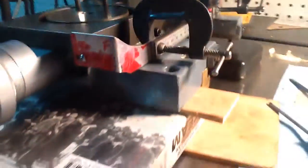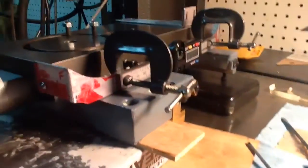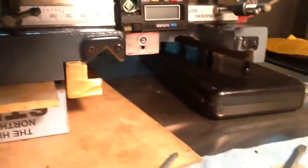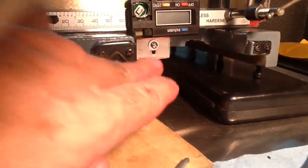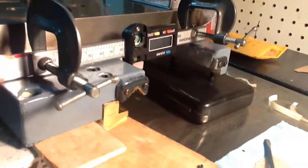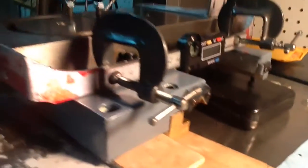The ones that are a little trickier, I went ahead and mocked up. I had to change my design. It's a good thing I had that paper template, because after I made the bracket, let's see if we can even see it there, the one down here that holds the scale to the cross slide. Once I made that, then I bolted this old cross slide into position as a test piece, and I took